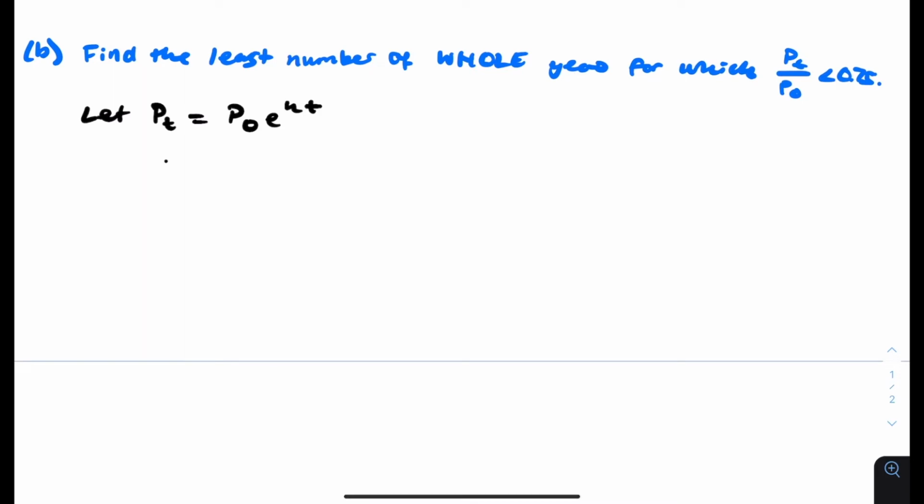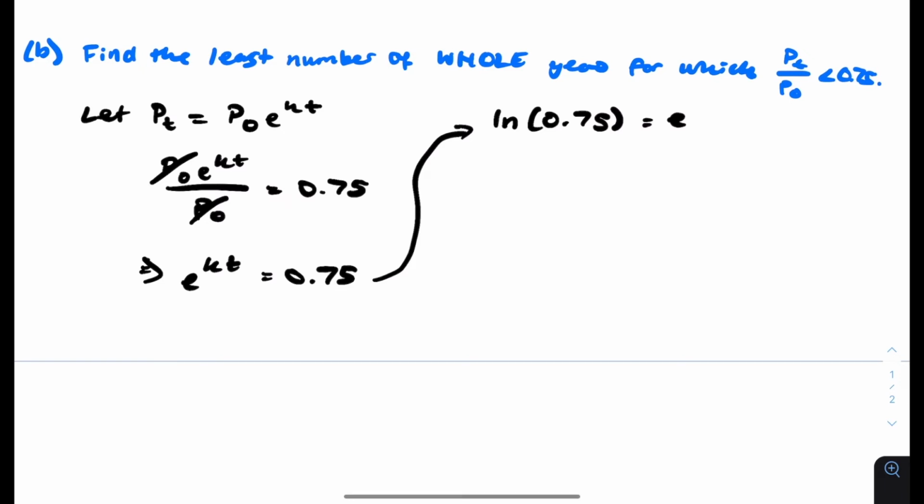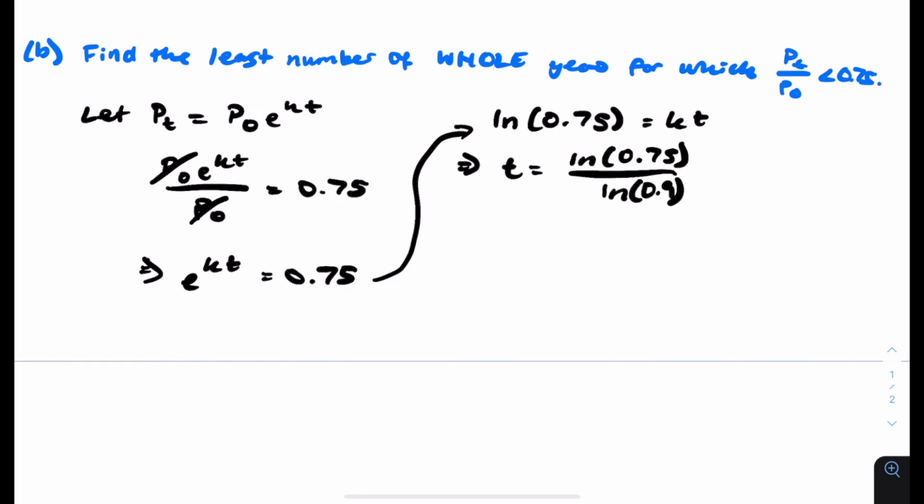So now with all those changes, this is what our equation looks like. And we can see the P0s cancel out. So it's good, we don't even need to know what P0 is. So e to the power of kt is equal to 0.75. So that means that ln of 0.75 is equal to kt. We know that k is ln 0.9, so t is equal to ln 0.75 over ln 0.9, which is